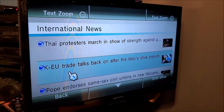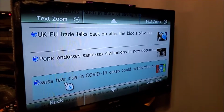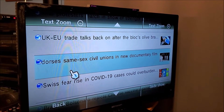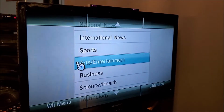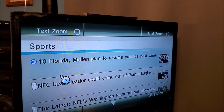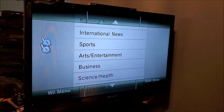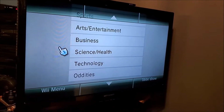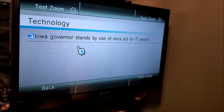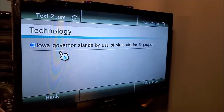International. Pope... Saint. I swear, something's going crazy these days. Number 10 Florida, Mullen plan to resume practice. Yeah, because the Florida and LSU game got canceled this past Saturday, sadly. Any technology news? No, not really. Iowa governor stands up by use of...